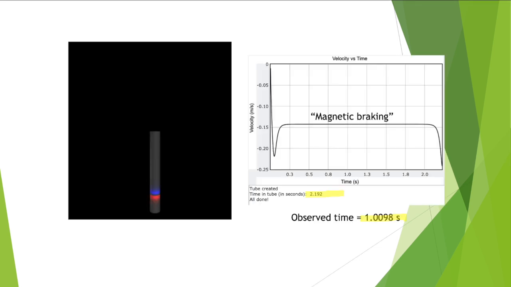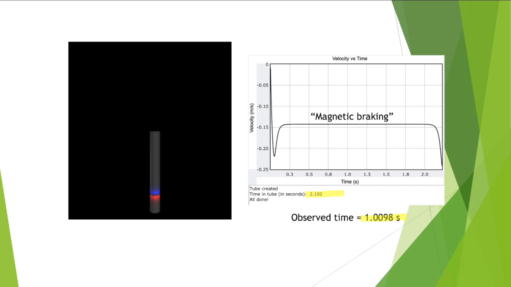This is the output from our code showing the magnet falling through the tube. The red shows a counterclockwise current while the blue shows a clockwise current. If we flipped the magnet, it would still fall the same way, but the directions of the currents would be flipped. The flat region of the velocity versus time graph to the right depicts the magnetic braking portion, where net